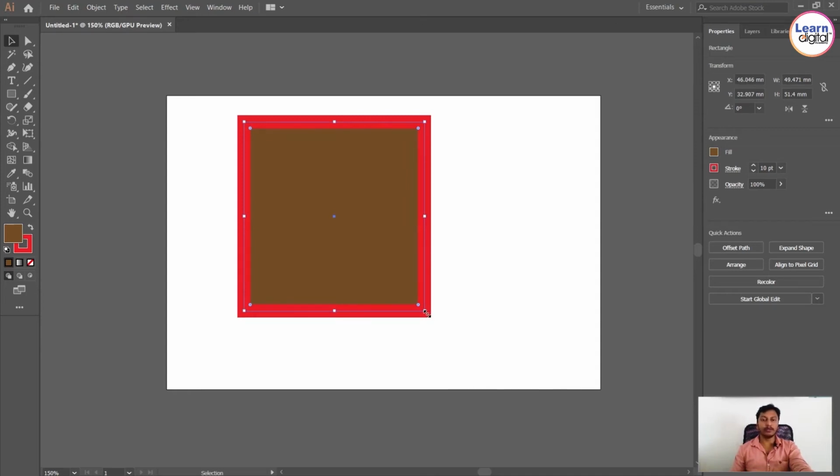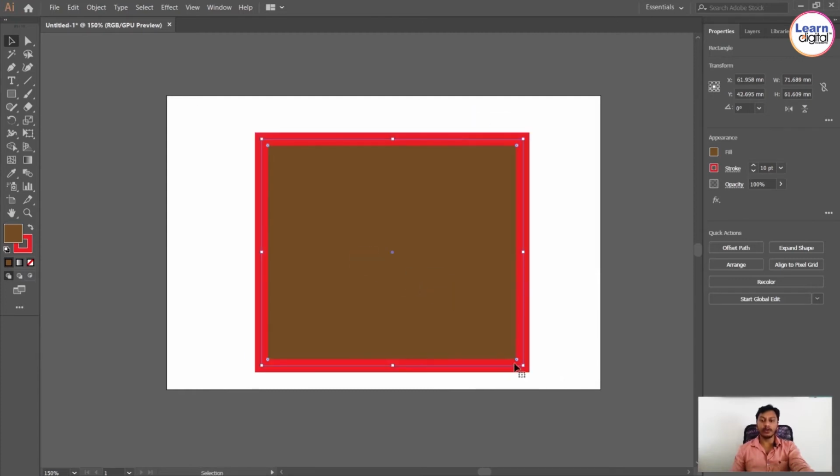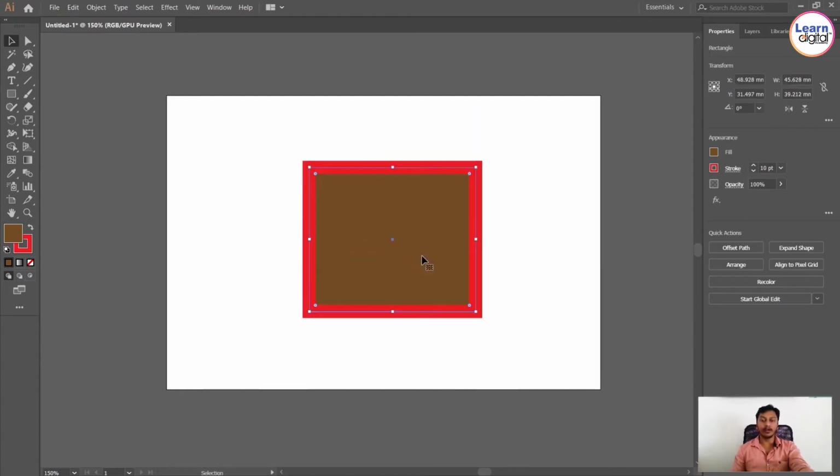Whatever shape it may be, if you are rescaling a shape or any images, always use Shift whenever you require uniform scaling. You can see it is moving only in a single axis, not double. If you release the Shift button, you can move in the x-axis and also in the y-axis. This is how you need to rescale your object.